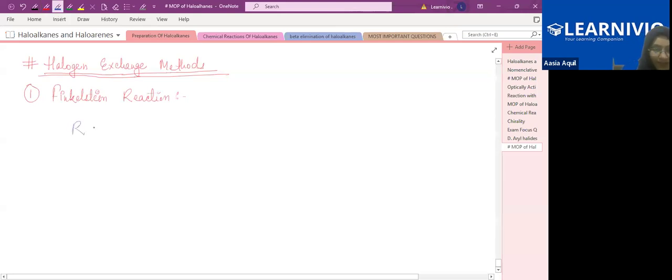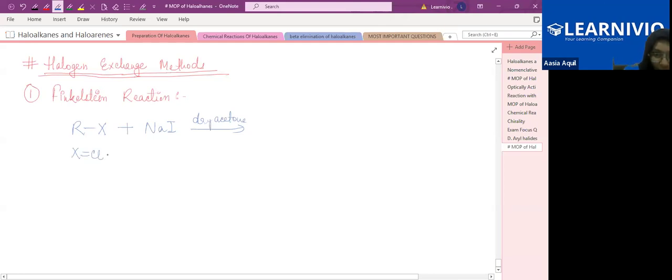So this RX, alkyl halide, when you react it with sodium iodide, NaI, in the presence of dry acetone, and here the X could be either chlorine or